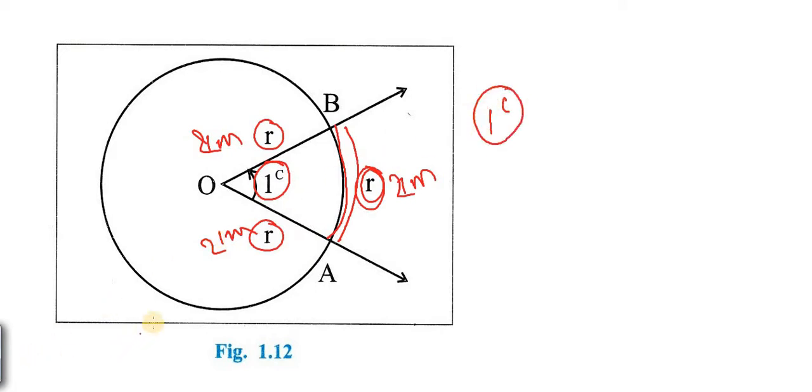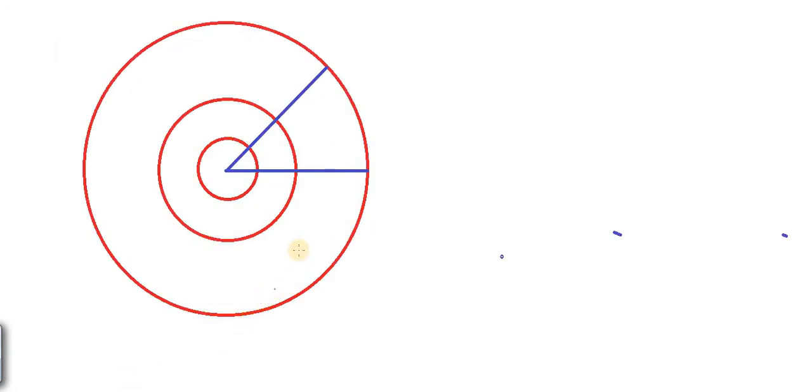Now we will try to find if this 1 radian is the constant angle or if it changes with change in radius of the circle. Now consider 3 concentric circles, and we have marked an angle of measure 1 radian at the center of the circle. Now we will consider respective circles. For the outermost circle, if this is the radius r, then this has to be equal to r units. The length of arc should be equal to length of the radius.